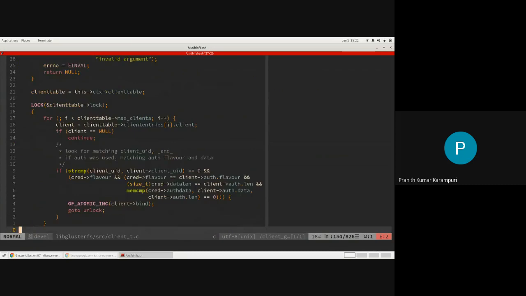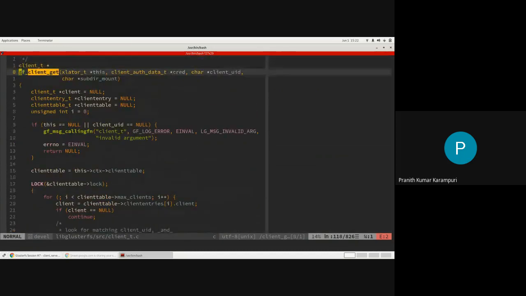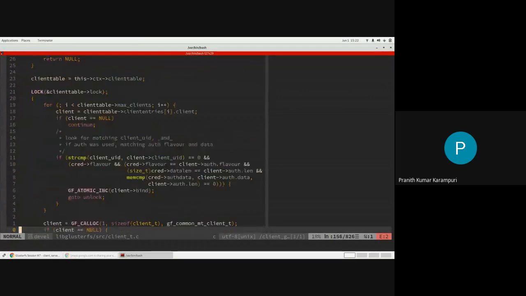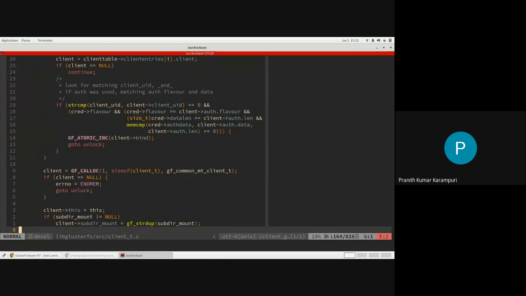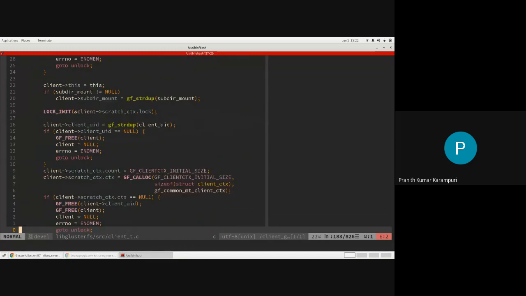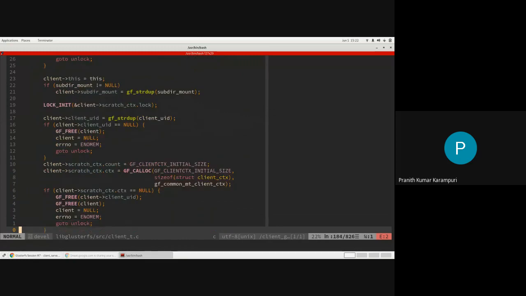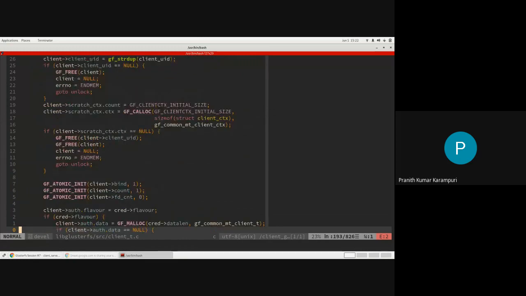When you do a client get, it will put this new client into this client table, and this is similar to the FD table that we have, which I think is also based on an array list.